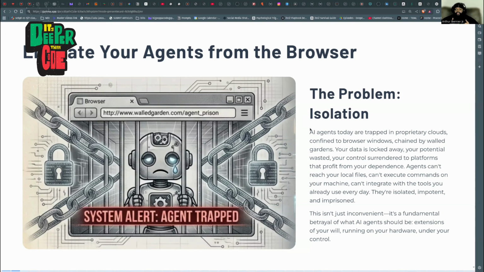It doesn't live where you live, so it can't actually do stuff to your things. It can't take action on your machine on your behalf, in most cases, right? That's where most of your agents live.